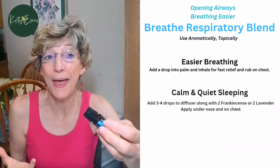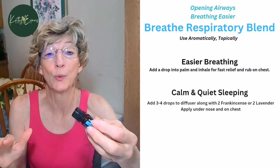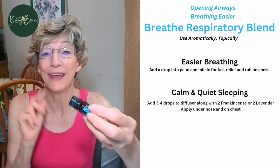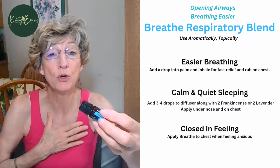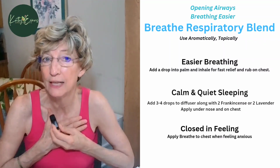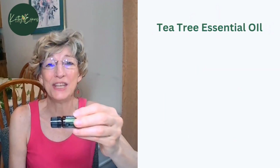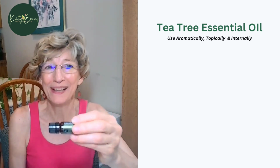And you can also add 2 drops of frankincense or lavender just for calming a restless sleep when you're struggling with breathing. Number three, inhale and rub on your chest when you need to emotionally release that closed in feeling. Have you ever had that elephant on your chest feeling? This works beautifully. The third oil is tea tree essential oil, and it can be used 3 ways: aromatically, topically,